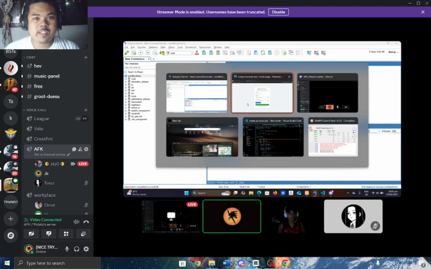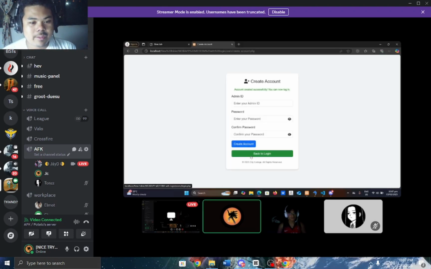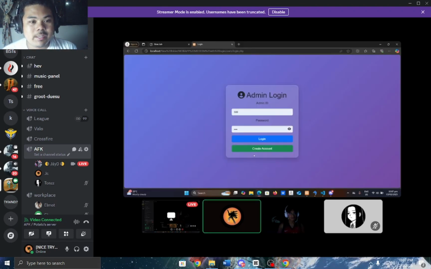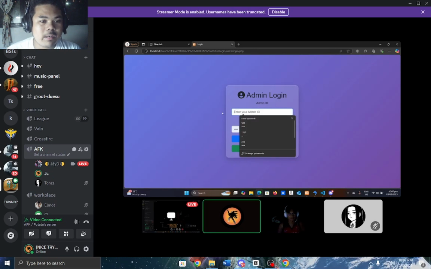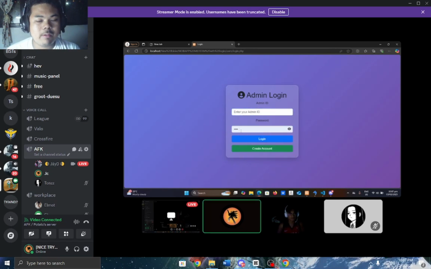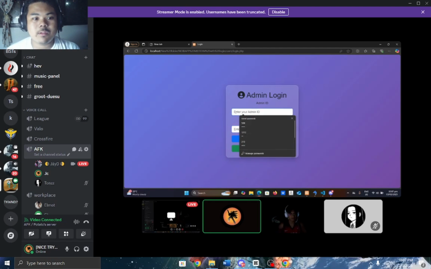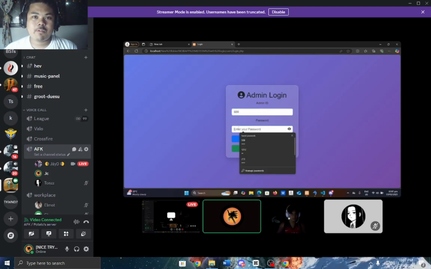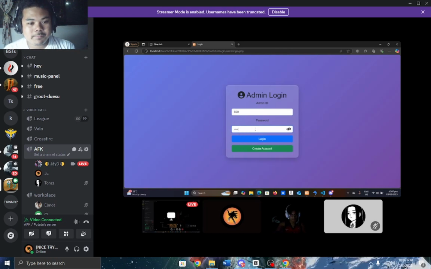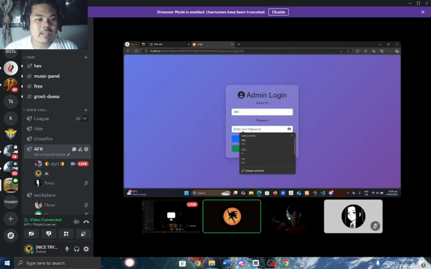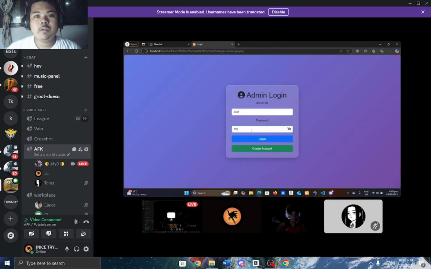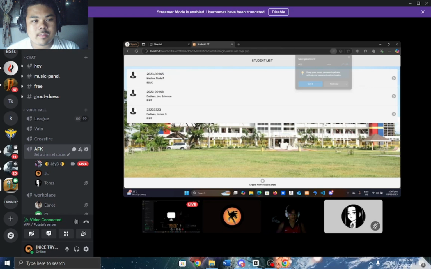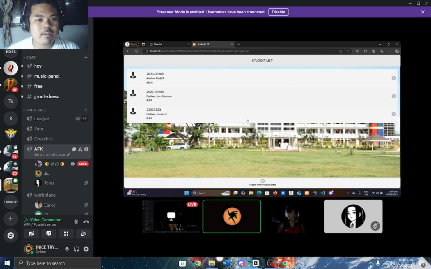Now that we have created our account, let us go back to the login page. For the admin login page, let us put the information that we inputted earlier: 600 and a password of Pogi. If we click login, we will be redirected to the student list.